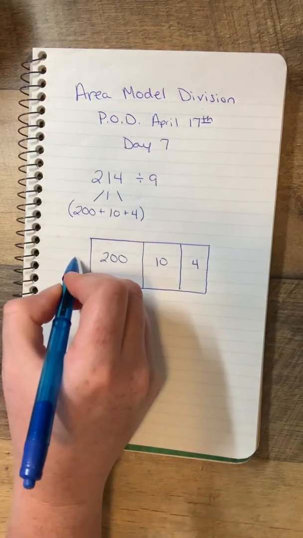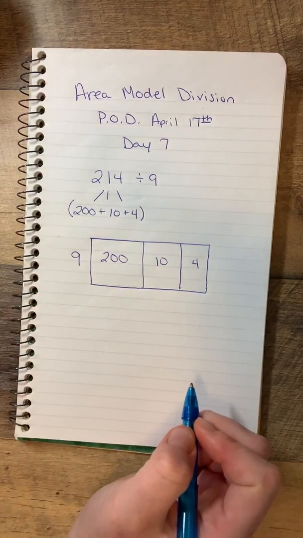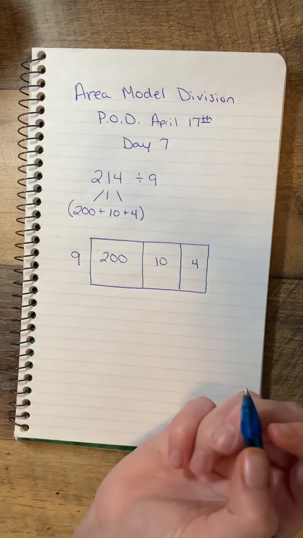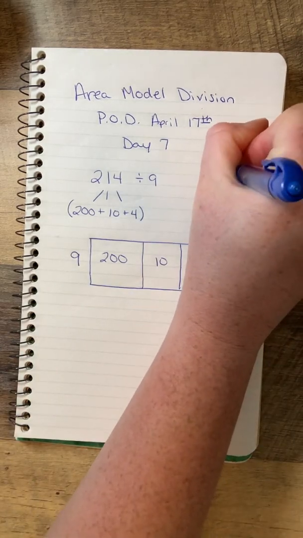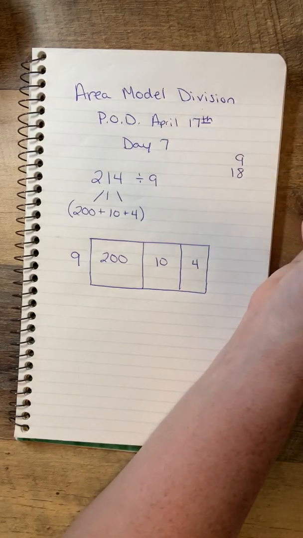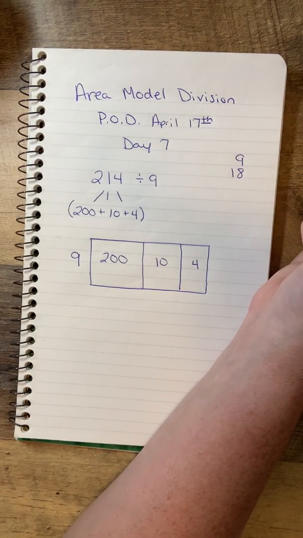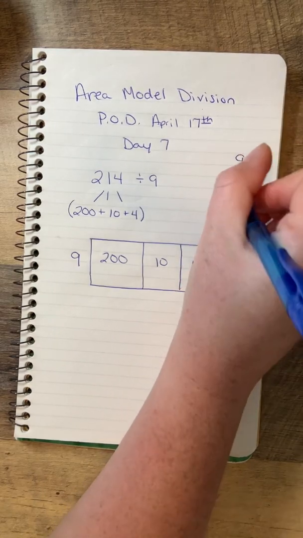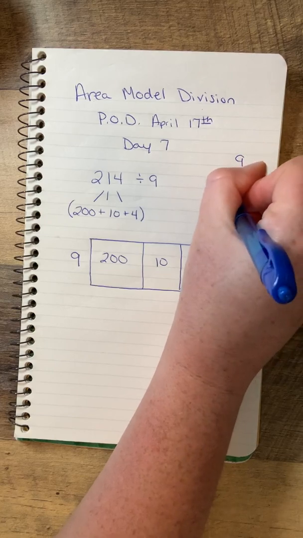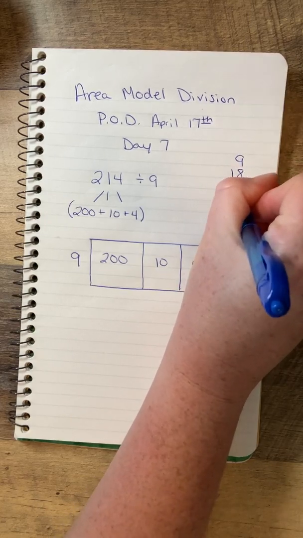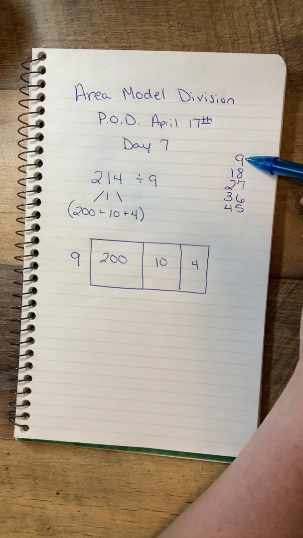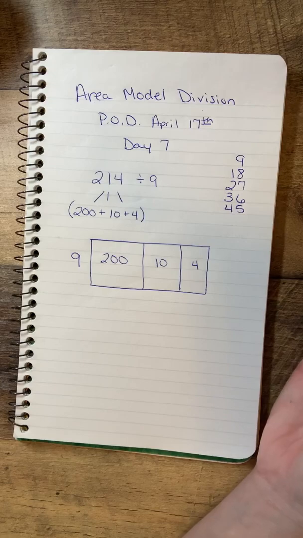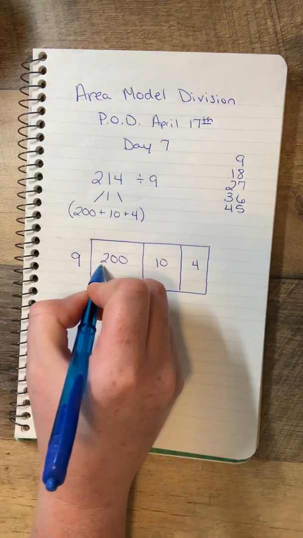So we are dividing by 9, so our 9 goes on the outside of our rectangle. And we ask ourselves, what are the multiples of 9? Multiples of 9, 9, 18. I know that you know them. Keep going. 27, and then 36 and 45. And remember that pattern that starts happening, 9, 8, 7, 6, 5, and so on. You don't have to go all the way to 12 because we're going to ask ourselves right here,